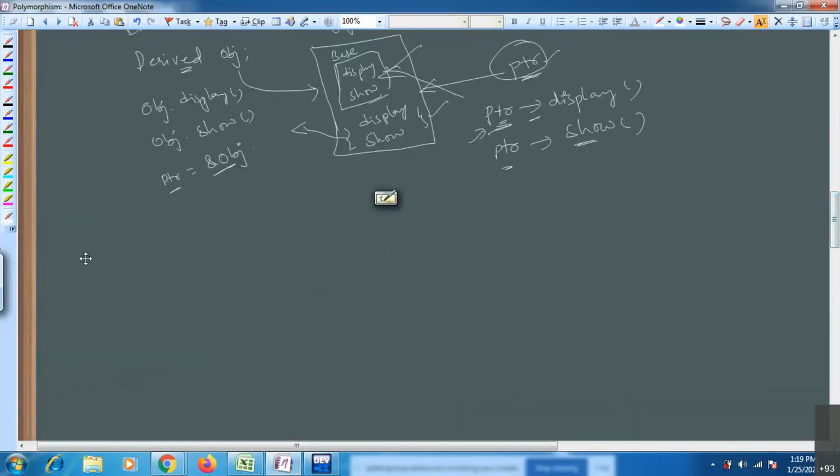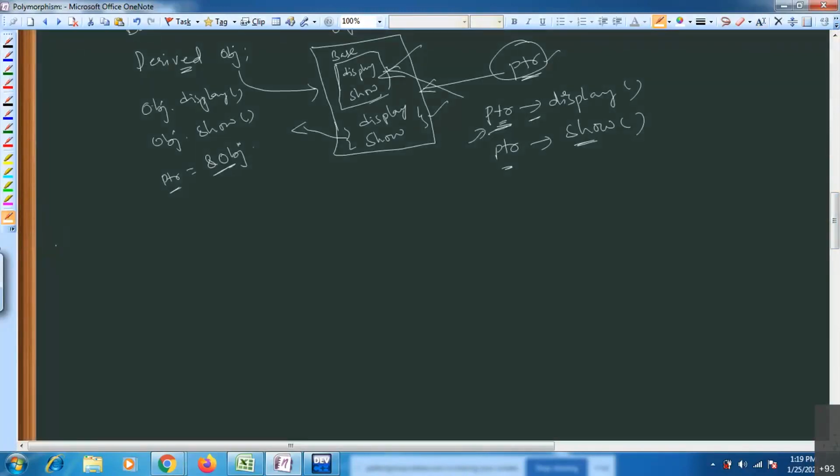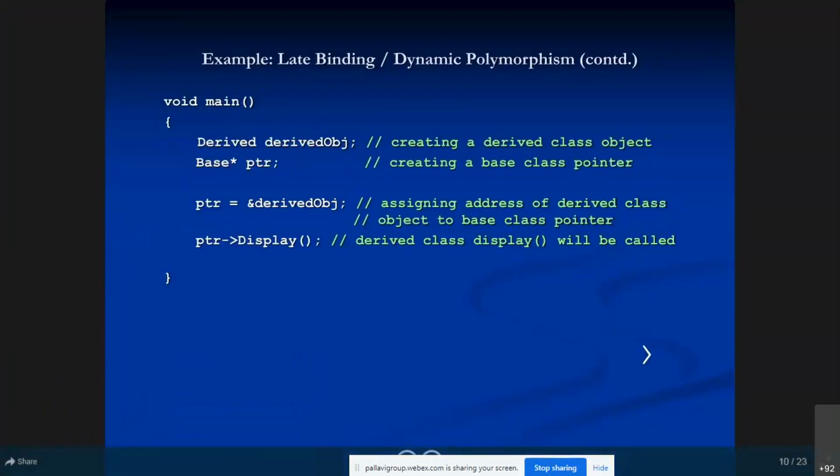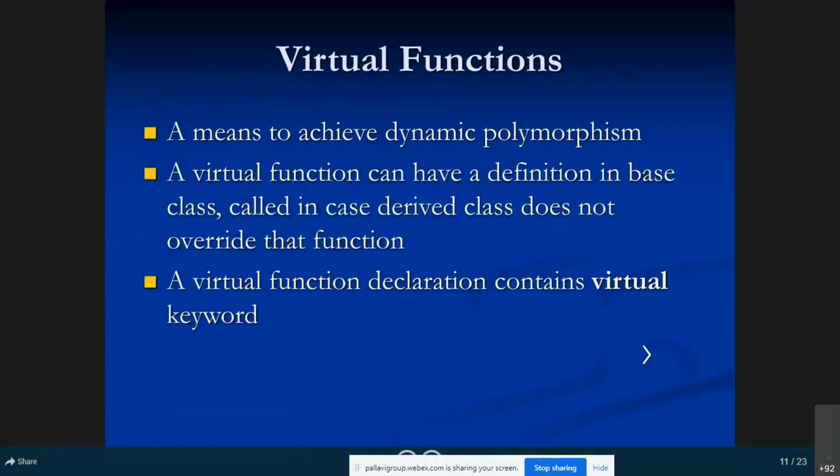See, virtual functions are used to achieve dynamic polymorphism, that means the overriding concept. Without any confusion, we can access both base class members as well as derived class members.